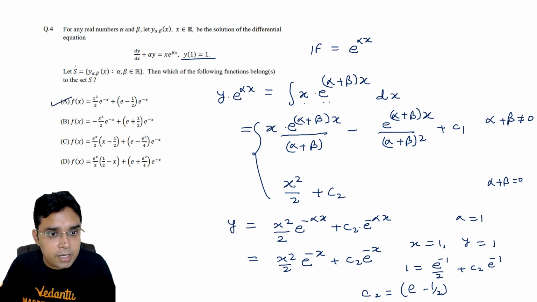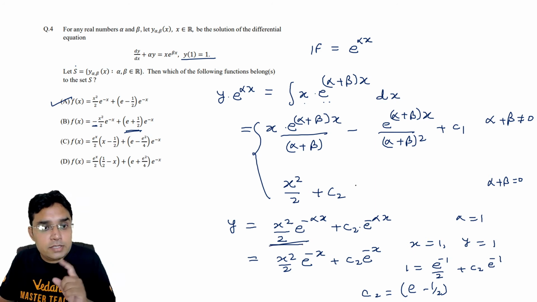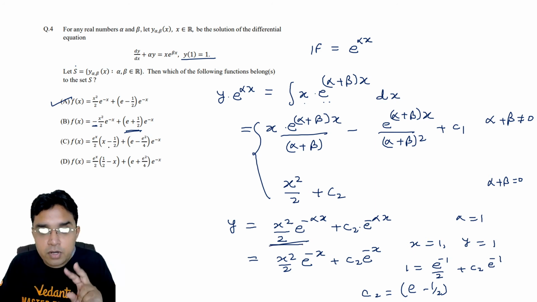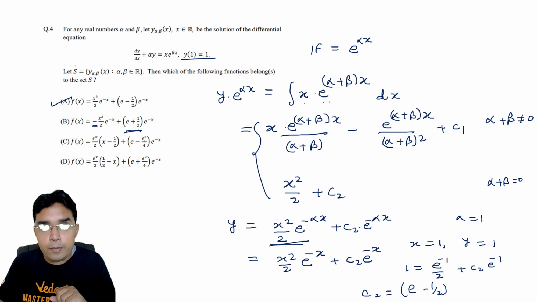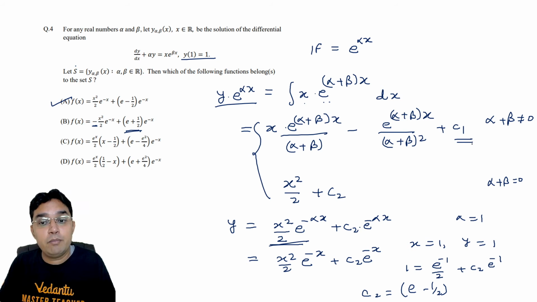Yes, A is definitely correct and B is wrong because B is having a minus sign here and the constant term is also different. You can see we cannot bring the minus sign outside here by doing anything. Now this C or D part, where we are having two different powers of e, this will be possible if we take the first case in which alpha plus beta is not equal to 0, because if I divide by e power alpha x both sides, we will get power as e power beta x also, and we will get power as e power minus alpha x also.